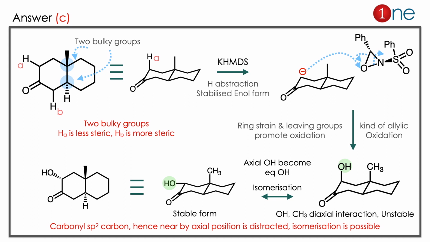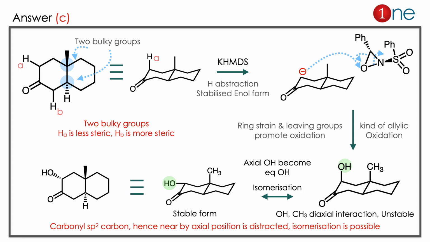Then you have OH. Here is the interesting thing: isomerization will happen. Why? Because you have a carbonyl there, a double bond, which destroys the tetrahedral architecture, so it can twist. The real tetrahedral bond will not be there, so it's a kind of semi-tetrahedral form, so the bond can isomerize. So with isomerization the alcohol goes from axial to equatorial. If you redraw the structure, you have answer C. The driving force for the equatorial movement is the diaxial interaction, because of the bulky methyl group there, so it moves to the stable position. That's why OH is below the plane.